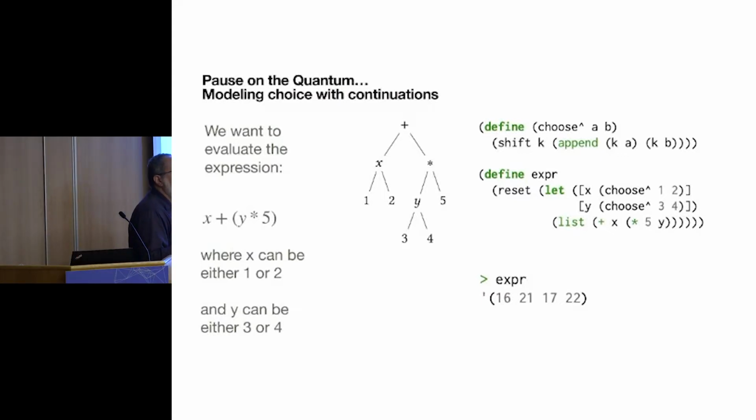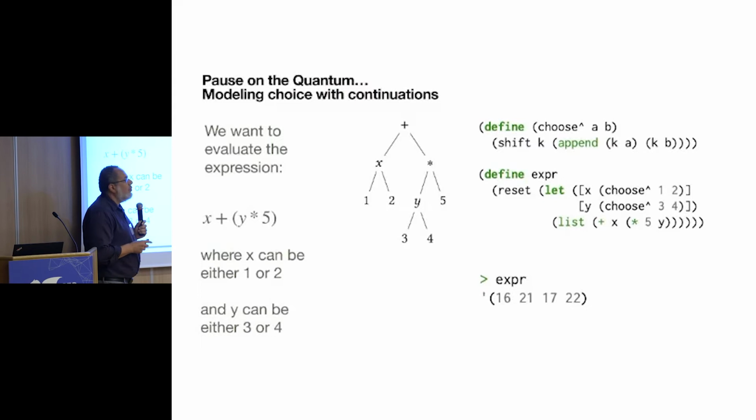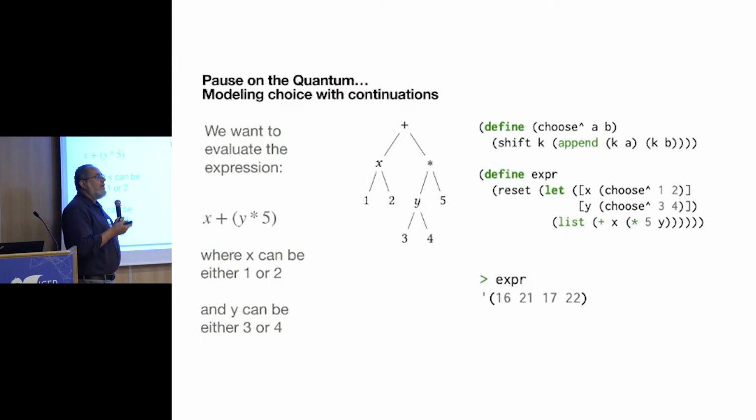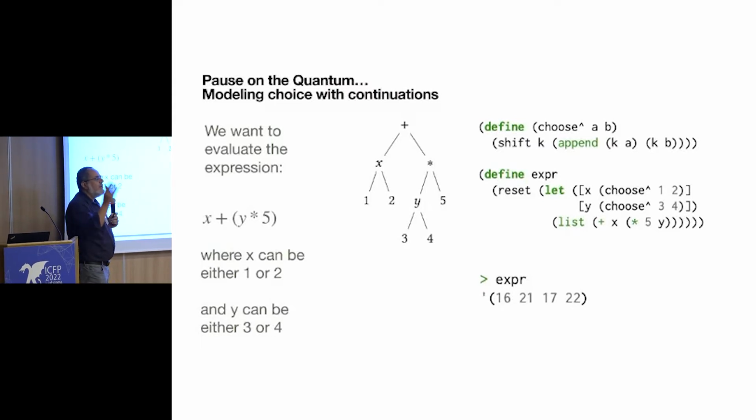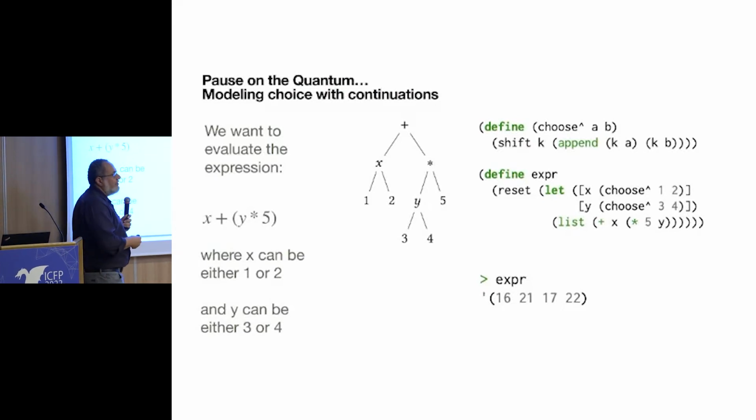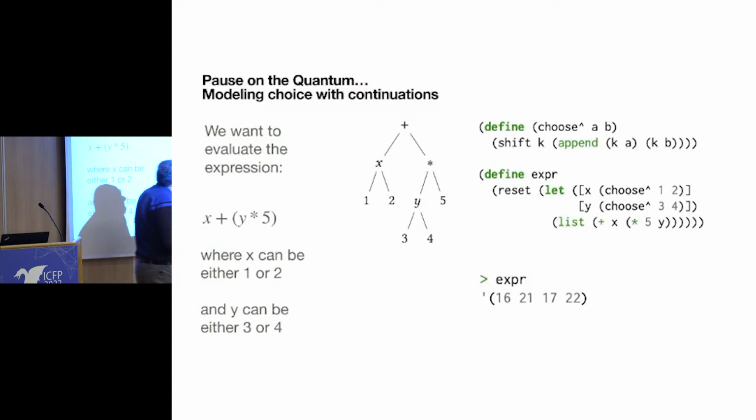If you have continuations around, you do not build the tree explicitly. And that's very important because the tree usually is very big, and you cannot even generate the tree. So what you want to do is use continuations to implicitly build a tree. And this is very common. I think there's probably like 100 papers that talk about choice and continuations to explain this idea. But let me first talk here about this idea: you write just the expression,